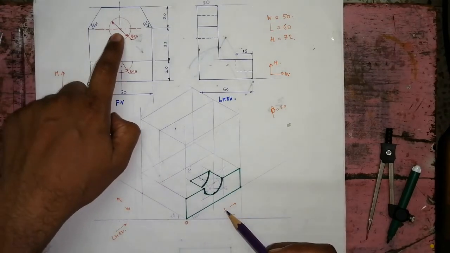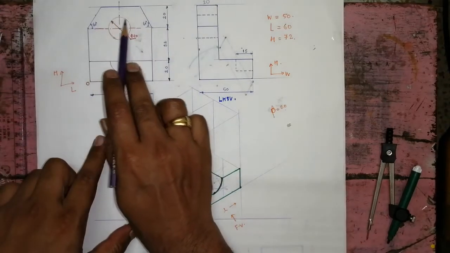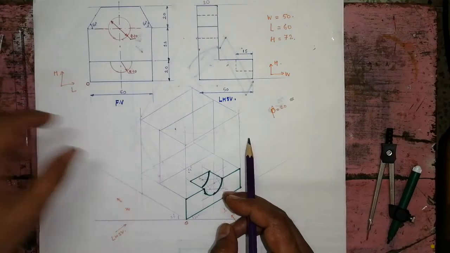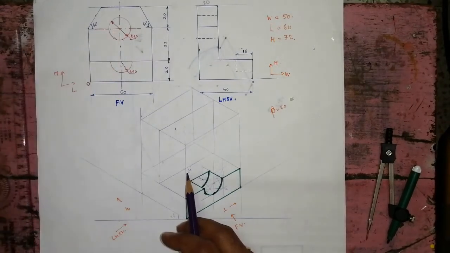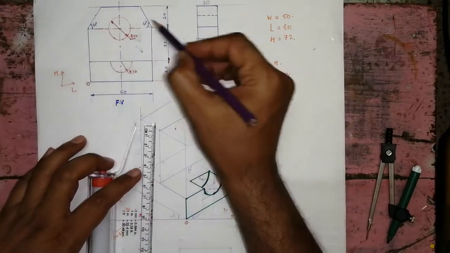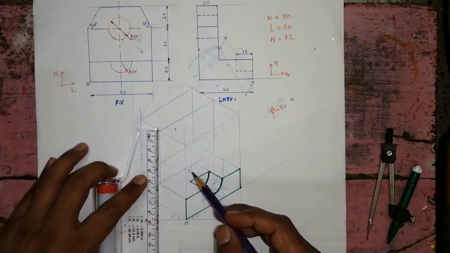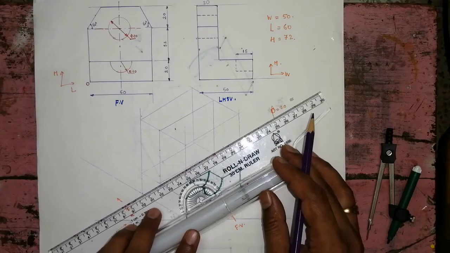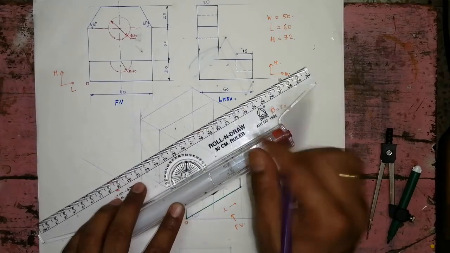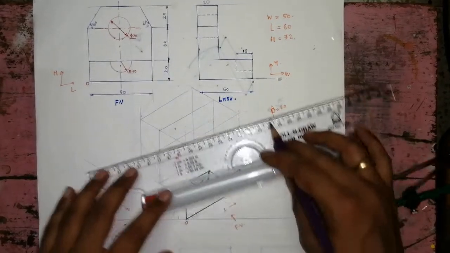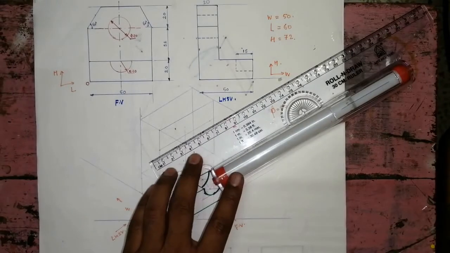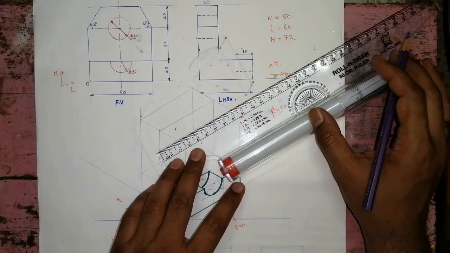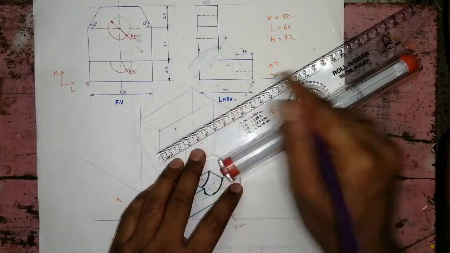Now again there is one semicircle on the back side. If we take the position of this semicircle, it comes in the width of 20 only, so here. So we'll construct this circle also. Take 20 width from the top, so here, and then take the lengthwise line. We have to find its center first. The length is 60, so we will take the center of this one.